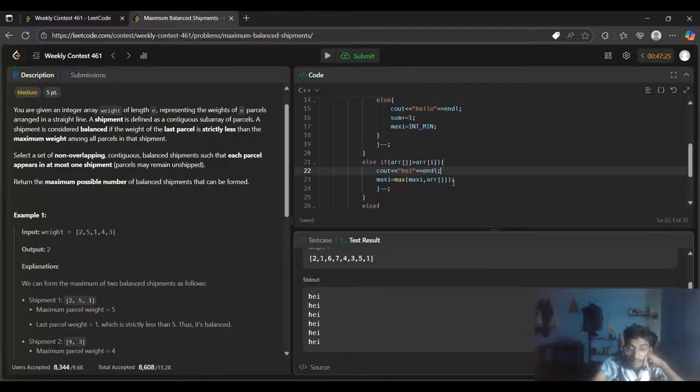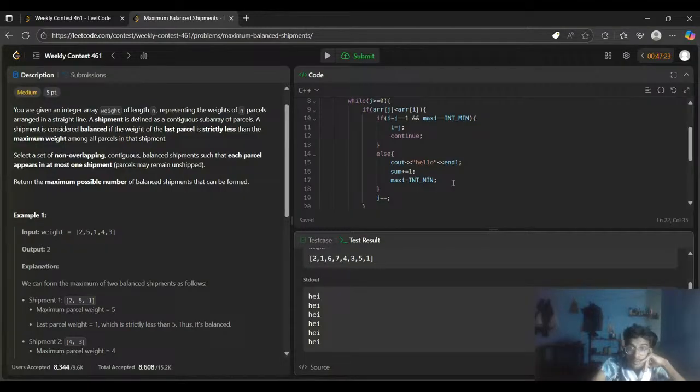Hey, hey, hey. Okay. It's a very simple question. I shouldn't waste this much time in it. I have to start from the very last element. It's just a two-pointer question. I'm starting from the very last element. Okay. If this element and this element